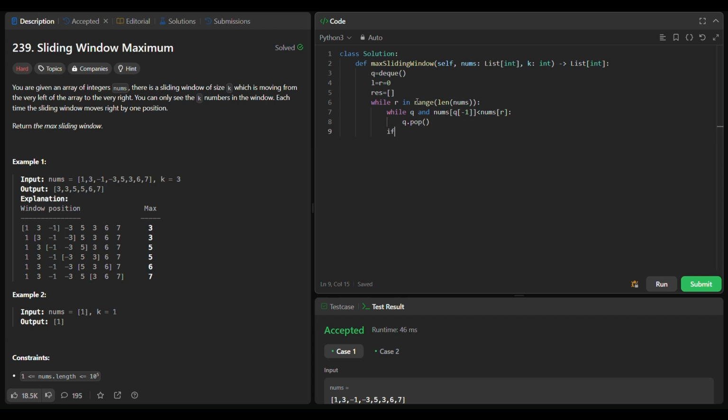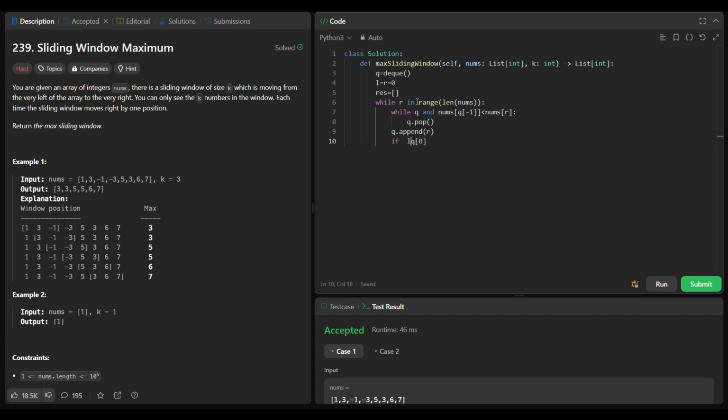And then we have an if statement. Now once we pop, we want to append r to q, so we're appending just the indexes, and then we're checking if q of 0 is